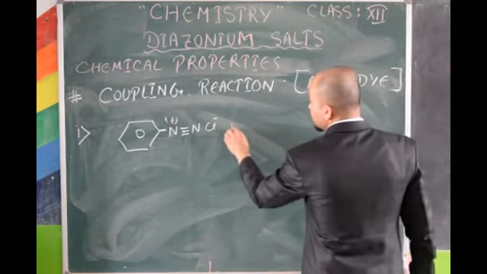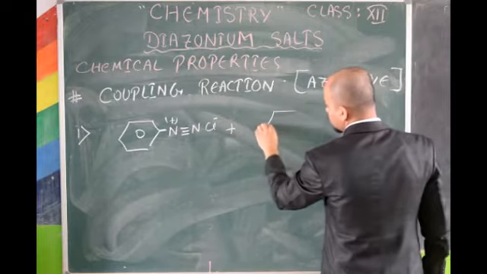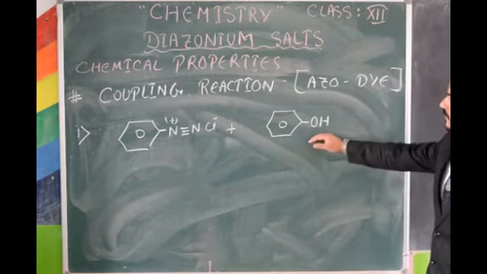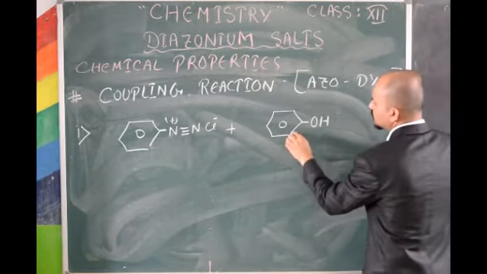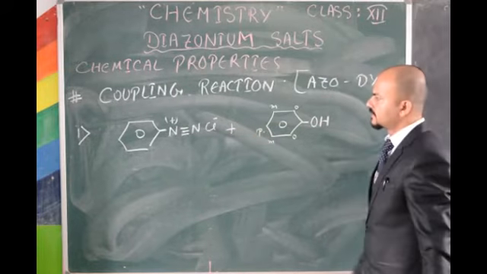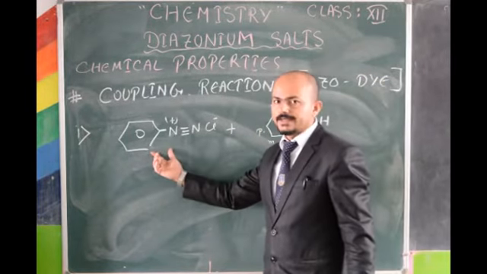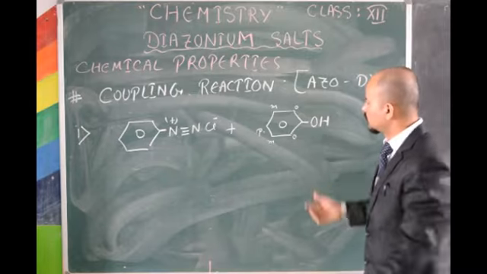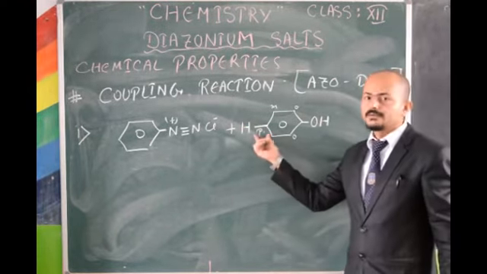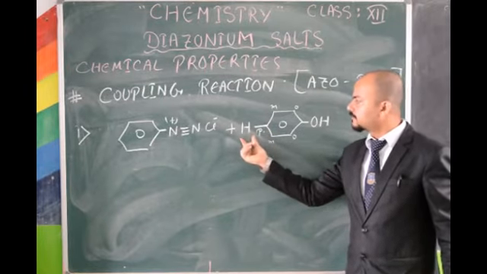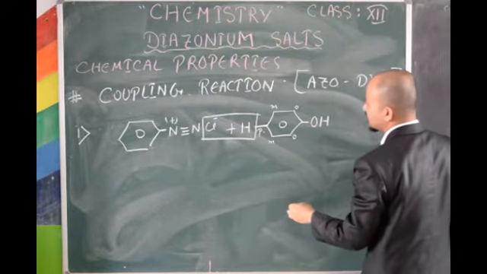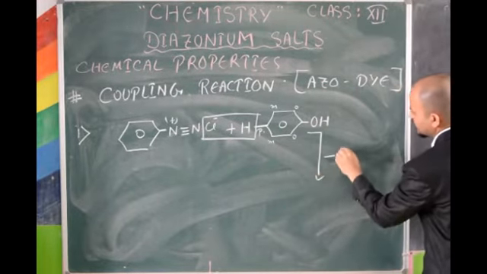Now, whenever it is treated with, say, phenol, the structure of phenol is OH. This is phenol, and this is your ortho position. This is meta position, and this is para position. Now, this benzene diazonium chloride reacts with phenol at its para position. Please remember at which position? At para position. The hydrogen from the para position and this chloride will get eliminated as, let me write here,